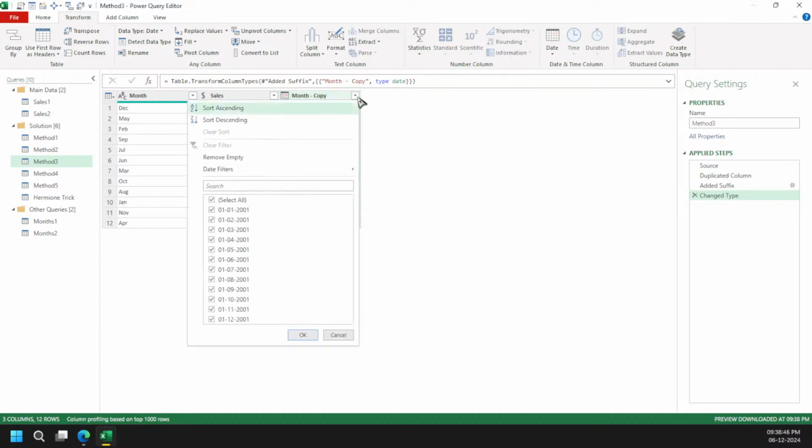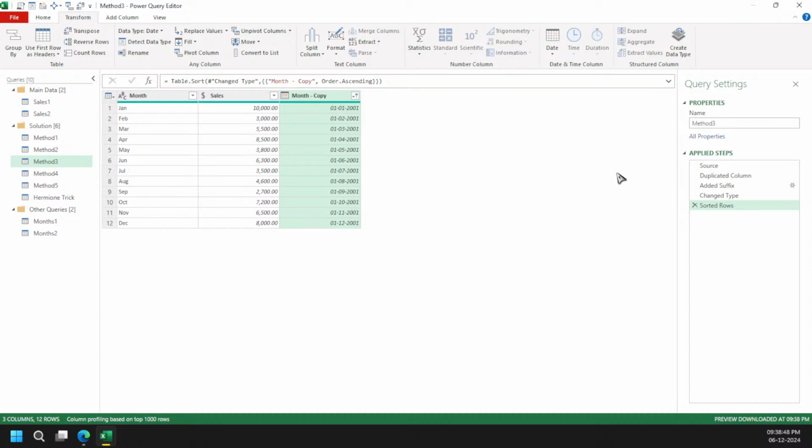Now we can sort the data and that's it. You can see our months are sorted. This is again one of the ways you can quickly sort the data without going into so much M coding, and that is really easy, I suppose.